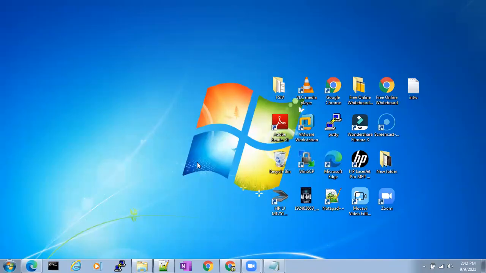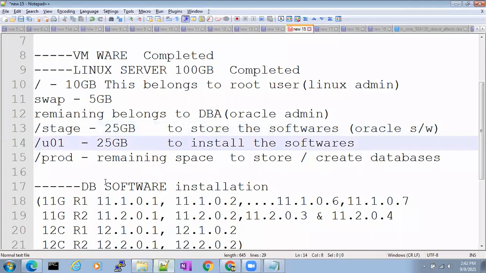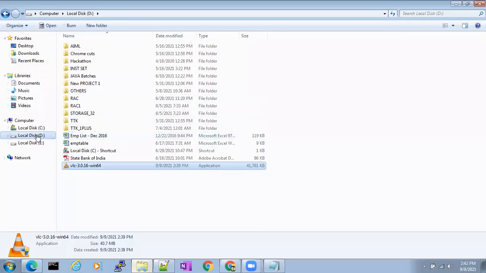At the time of installation of VLC, did I tell it to install in C drive? No, sir. So by default, it is picking C drive and installing there. Yes or no? Yes, sir. In the same way, now you tell me again: where is the software? The software is stored in D drive.